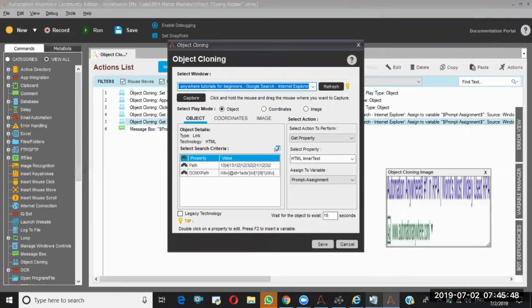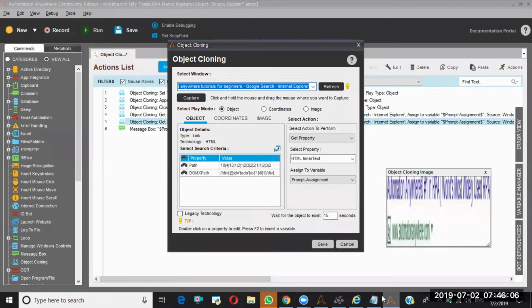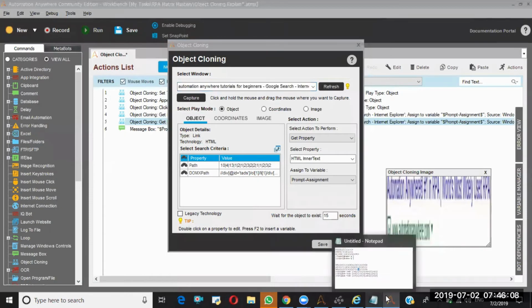So how I'll customize? If I want to change this one by one, I need to keep it in the loop. In this scenario, just assume I want just 5 things, the first 5 elements. So I'm saving this.